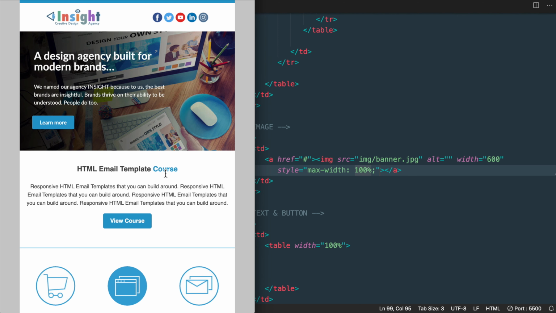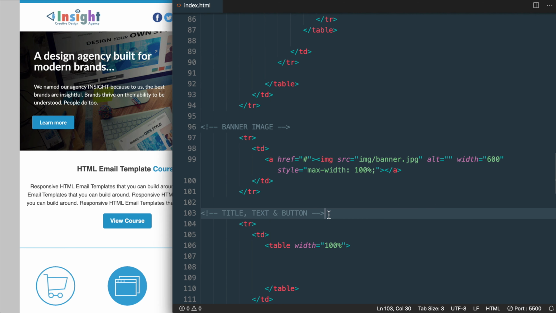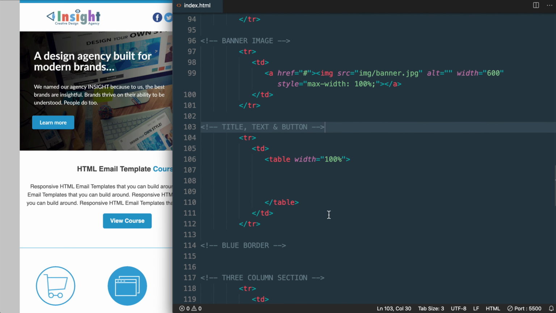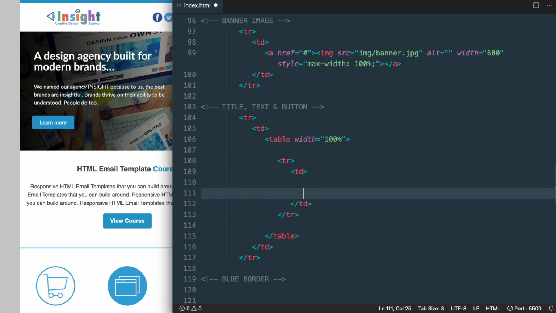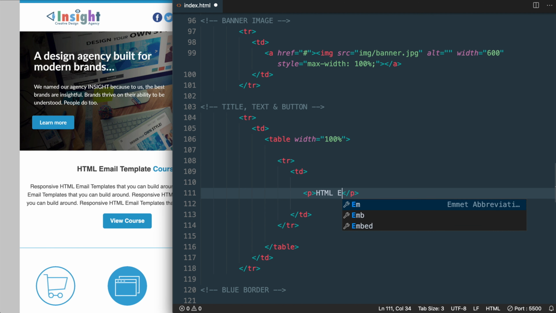Okay, so now we're ready for the heading, paragraph, and button section, which is going to be a little bit harder than the banner image, but easier than the header section. So we already have the main tags laid out for us, and we're ready to add the inner tags, which will start with our table row and table data tags. So for our heading, we'll use a paragraph tag and alter the styling to make it appear as we see there. So we'll add P, and then I'm going to add the text HTML email template. And then inside of a strong tag,